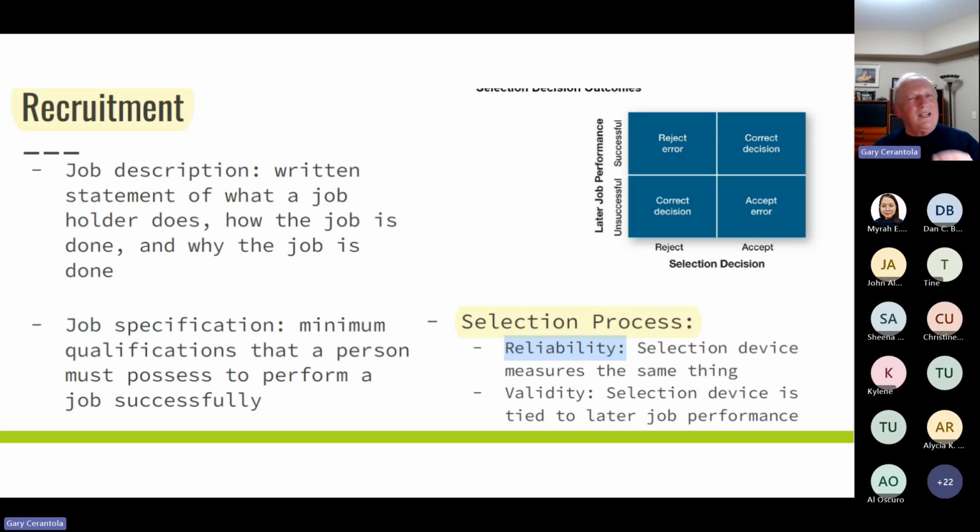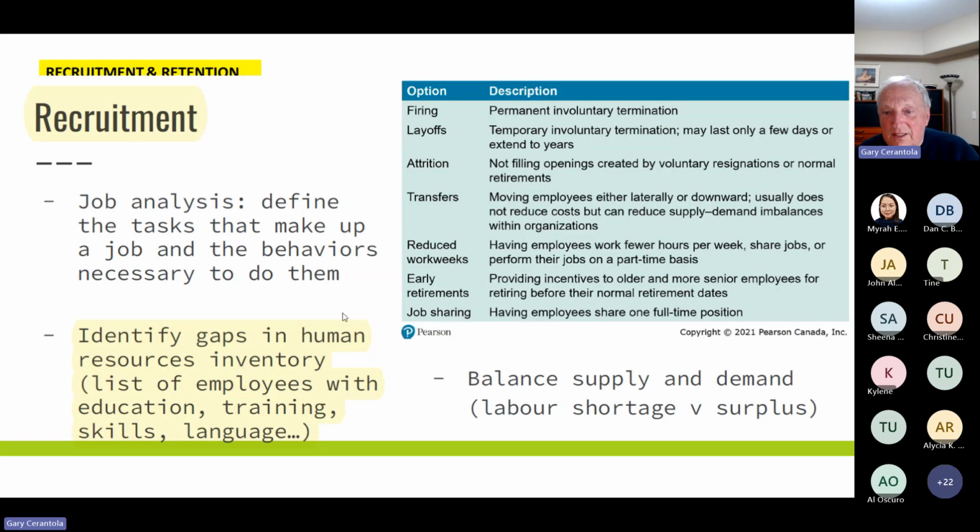And then also in terms of finding the right people, I had people that came in that had other agendas that I didn't test, and so the worst thing you could do is not to check out references and make sure that you're getting the person you think you're getting, right? So your selection process has to be reliable, and there's got to be some validity around the devices that you use, so they can be tied to later job performance. So that's key.